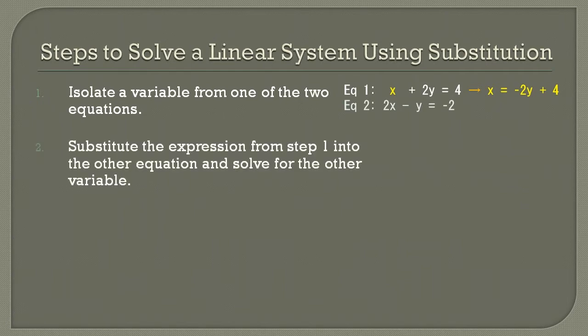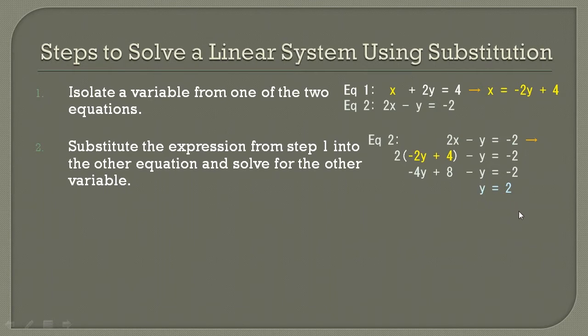Step 2. Substitute the expression from step 1 into the other equation and solve for the other variable. What I mean by this is I am going to take this revised equation of x equals negative 2y plus 4, and where x goes in equation 2, I am going to replace it with negative 2y plus 4, which is what I've done here. So it's 2 times negative 2y plus 4 minus y equals negative 2. I am now going to solve this equation for y, and when I do that, I get y is equal